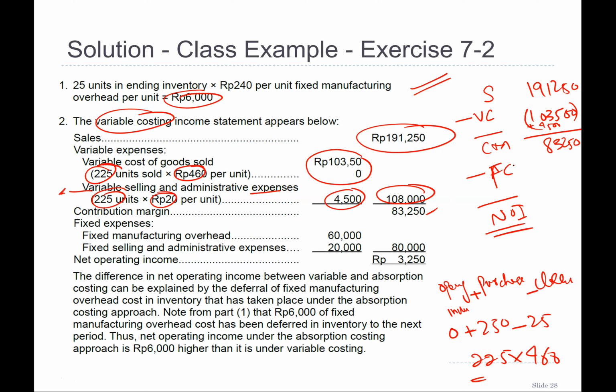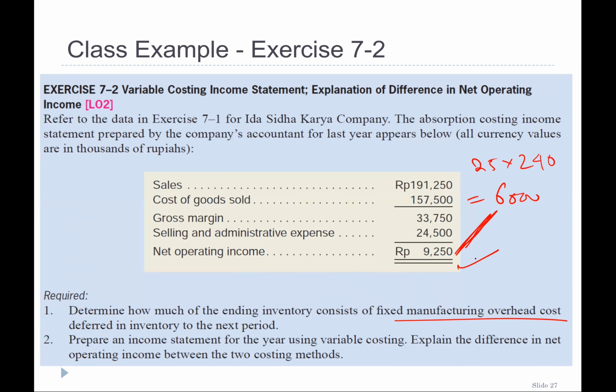And what is the fixed cost? Fixed costs include both fixed manufacturing overhead and fixed selling and administrative. And if you add the ending inventory fixed manufacturing overhead here, that would be equal to absorption costing profit. Right? Understand? So this is the reason they ask question number 1. So the difference between the variable costing profit and absorption